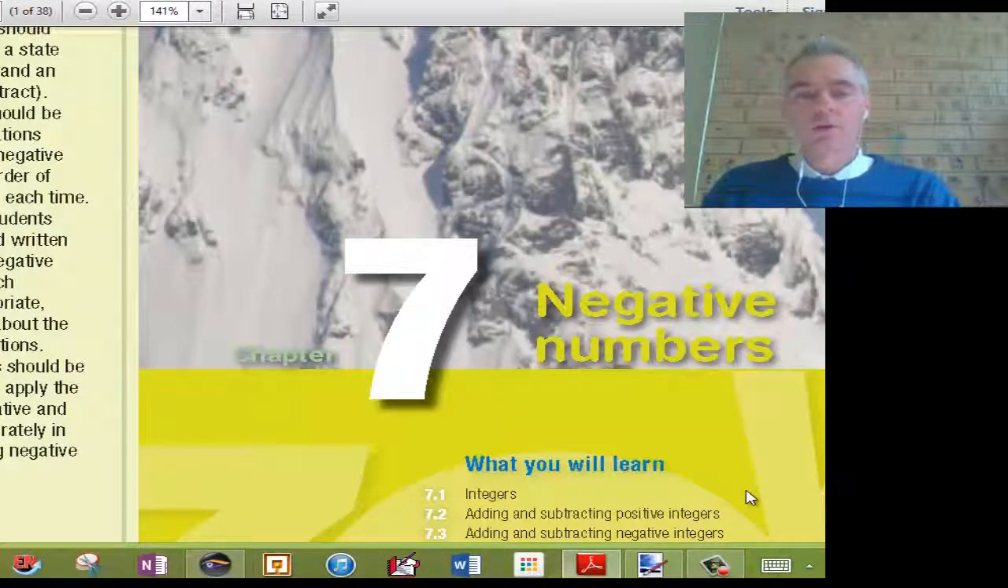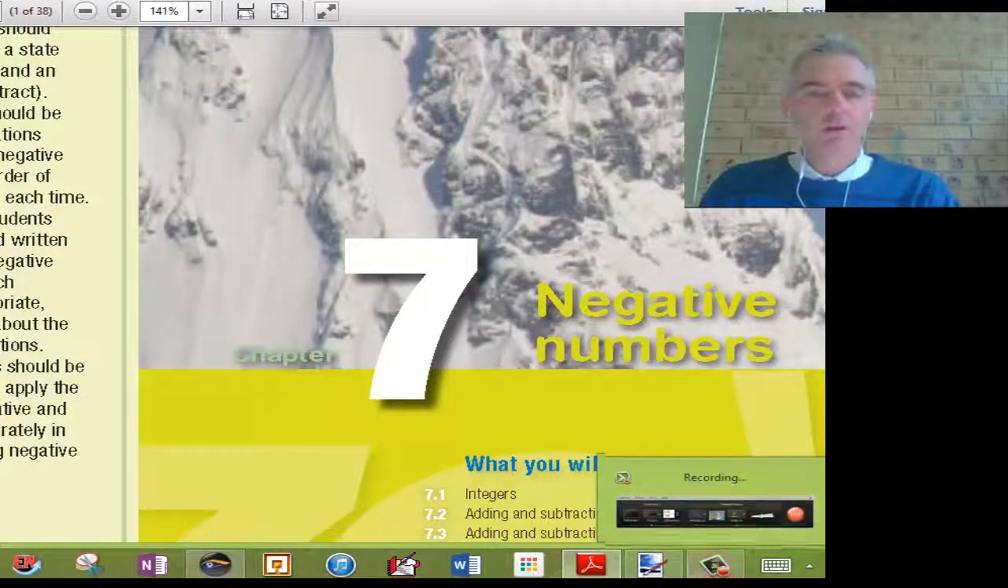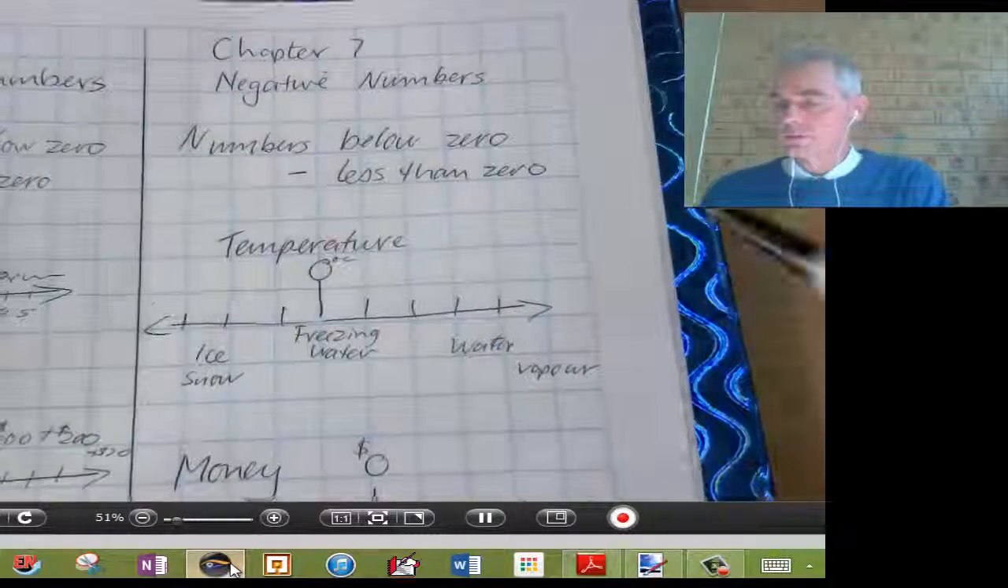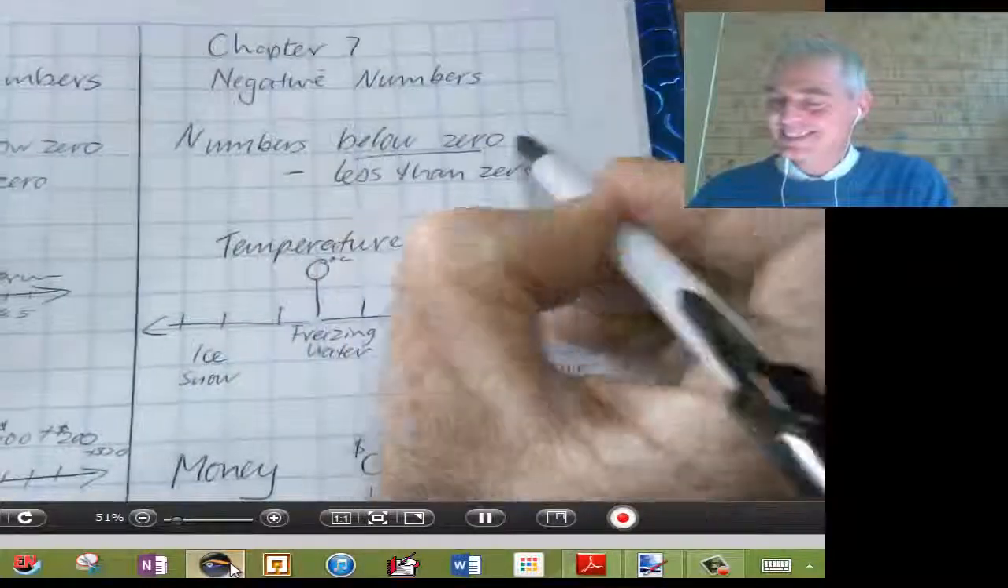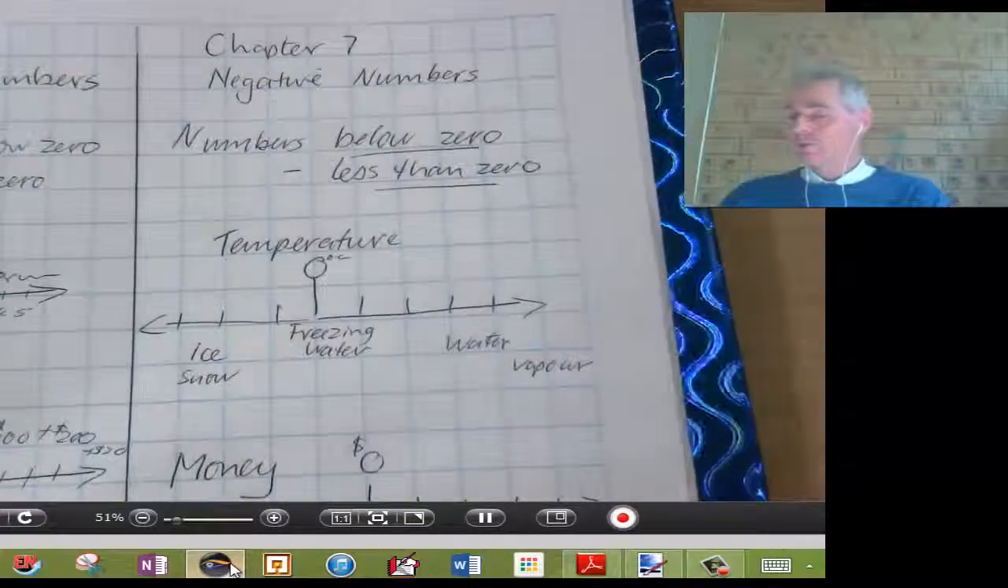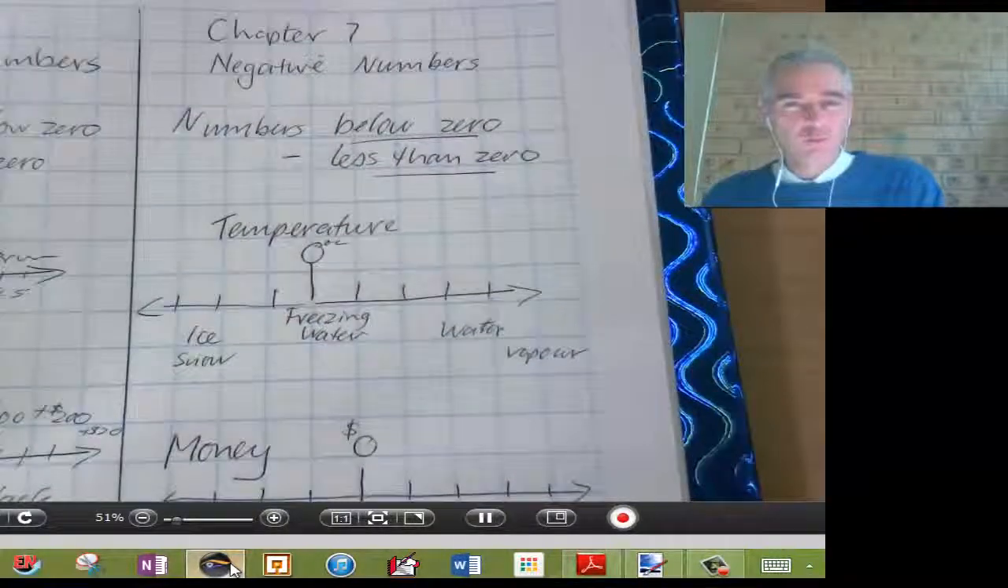What are they all about? Negative numbers. Okay? Negative numbers to do with numbers below zero. Alright? Things that are less than the amount of zero. Sounds a bit strange to have that sort of thing, but we use it quite a lot every day in